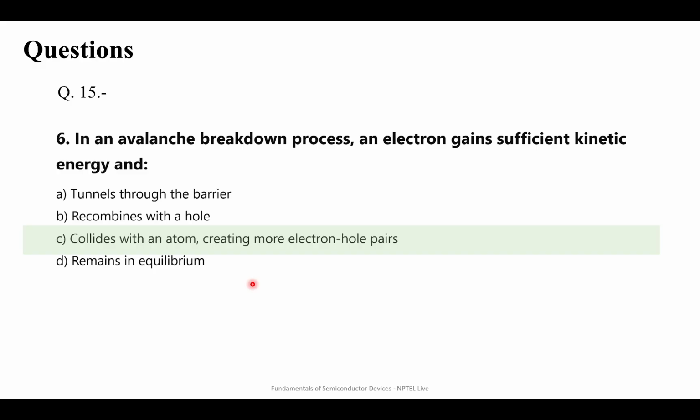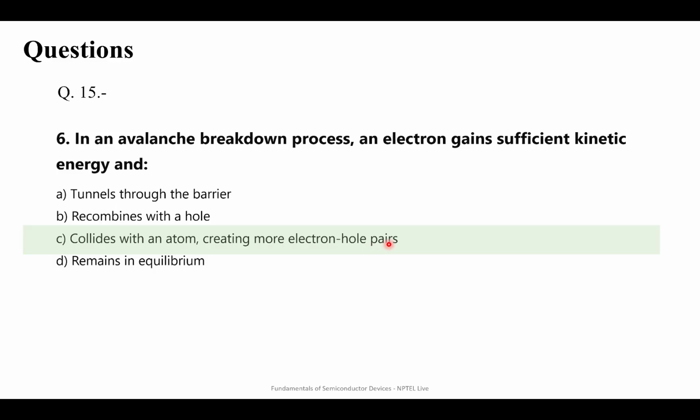So here the answer would be collides with an atom, creates more electron hole pairs. So this phenomenon is called impact ionization, where on higher voltage the electron would gain very high kinetic energy and it will collide with an atom and knock out an electron from the atom due to the impact, and it will ionize the atom. So that is called impact ionization, and this will create more electron hole pairs, and